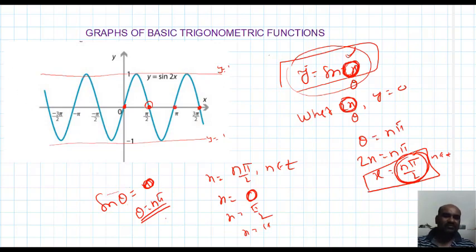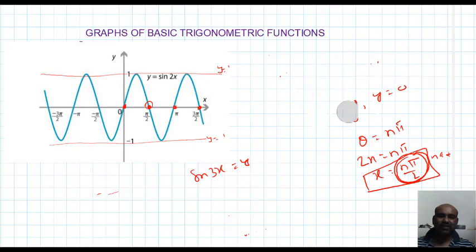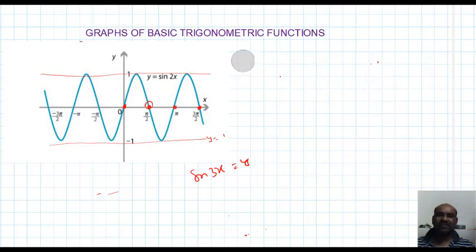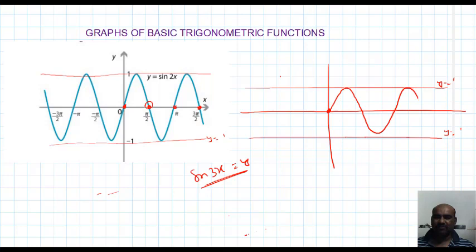Somebody will ask, okay sir, if sin 3x is given, y equal to sin 3x, how to draw the graph of sin 3x? We want to draw the graph of sin 3x just like sin x. I will show you. First of all, draw a horizontal line and a vertical line, and draw two horizontal lines: one is the line y equal to 1, another is the line y equal to minus 1. See, x equal to 0 means y equal to 0 only, no? This graph also will pass through the origin. You just draw the graph of this.